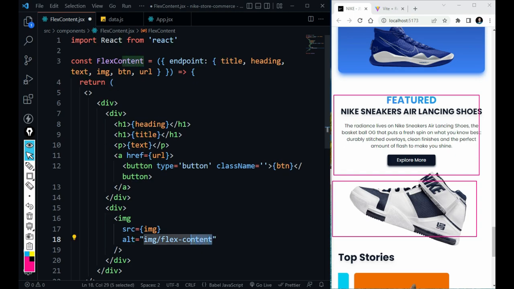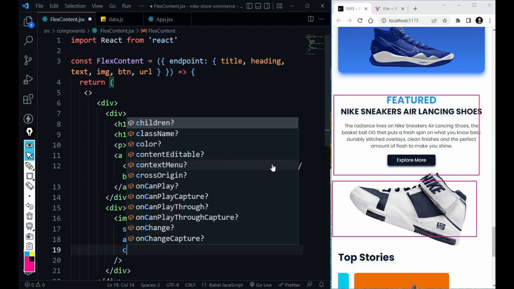How can we give a different name? Okay, let's do it in backticks. Add heading in curly braces. Now it's with a different name. Okay, great. Add class name,